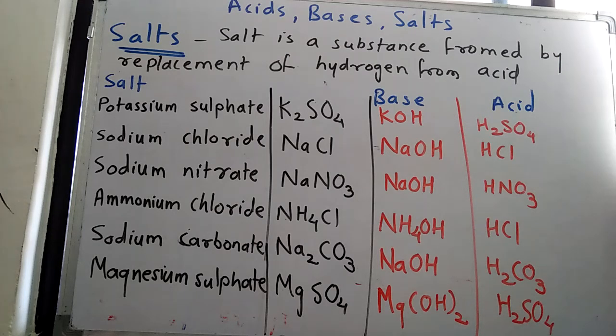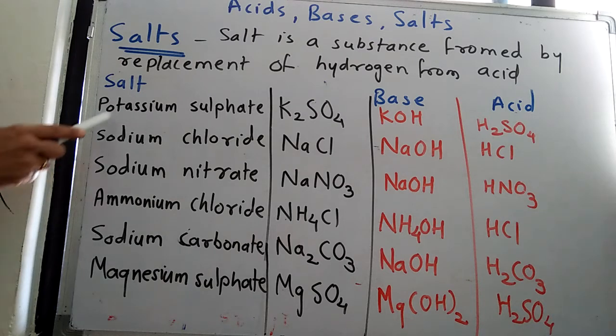So we know some acids like HCl, hydrochloric acid; H2SO4, sulfuric acid; HNO3, nitric acid; H2CO3, carbonic acid. And one more, that is acetic acid, CH3COOH. So these acids are sufficient. And some common bases: NaOH, sodium hydroxide; KOH, potassium hydroxide; NH4OH, NH4 means ammonium, ammonium hydroxide; magnesium hydroxide, calcium hydroxide. So if we know these acids and bases, we can identify the salt from which acid and base this salt